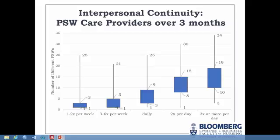So we broke down the analysis into the frequency patterns that we saw most often within the chart reviews. The 6 that we saw most often were the 1 to 2 times per week people, which I like to call the bath and laundry ladies, which is what everyone else in the study referred to them as. The 3 to 6 times per week people, the people being seen daily, 2 times a day, and 3 or more times per day. And so what this kind of graph is, for anyone who doesn't know, this is a